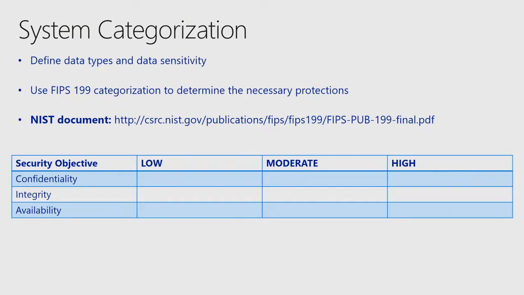So system categorization, Nate mentioned this, the FIPS 199 document, where we talked about CIA: confidentiality, integrity, and availability. The system owner needs to mark the system categorization, and then the ISO would validate that the data you're putting in there in fact meets those needs. And you take the highest one. So let's say, for example, your confidentiality is moderate, but your availability is low. You're probably going to be a moderate system. That determines how many controls you have to answer for in your customer responsibility, which we'll look at next.